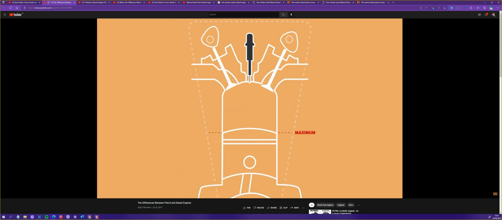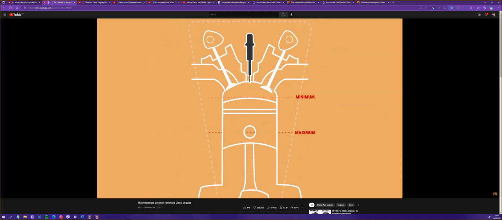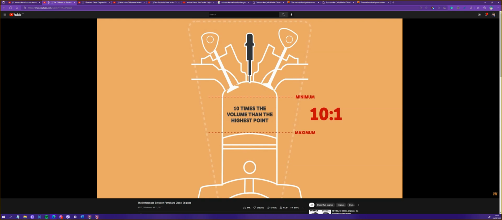If you don't know what a compression ratio is, let me quickly explain. Simply put, it's the ratio of the maximum to minimum volume in the cylinder. So a ratio of 10 to 1 means that when the piston is at its lowest point, there is 10 times as much volume as when it's at its highest point. To give you an